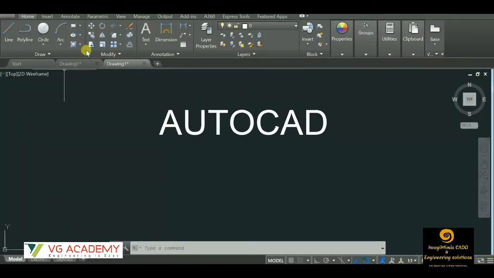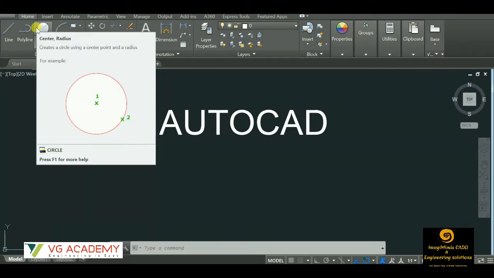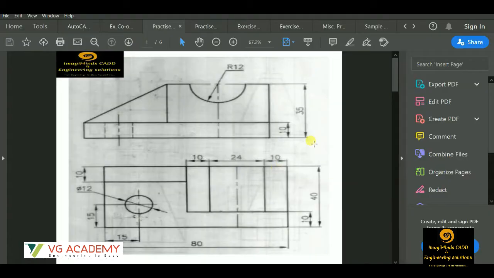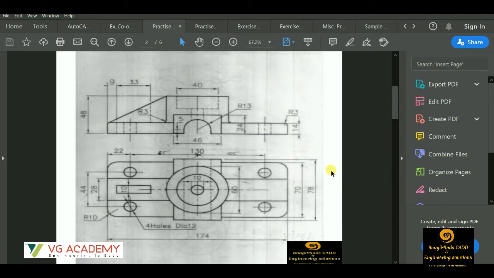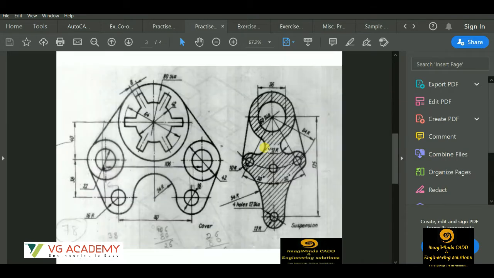So I won't waste much of your time explaining the draw and modify toolbars, because you'll find n number of videos on YouTube explaining this, and I have already discussed this in the course details, or the course curriculum, you can say. After completion of the draw and modify toolbars, we'll practice these basic exercises. These are a few basic exercises to practice the draw and modify toolbars, commands like array, layers,